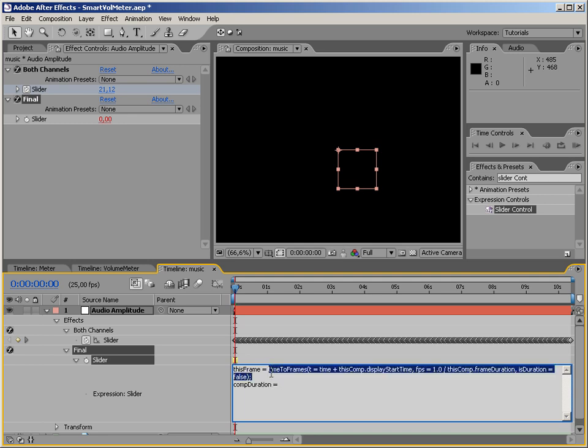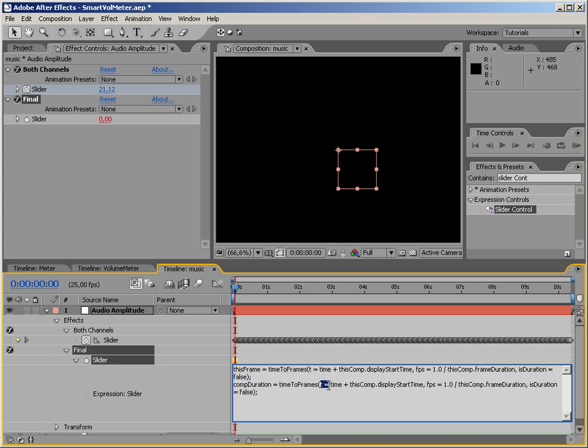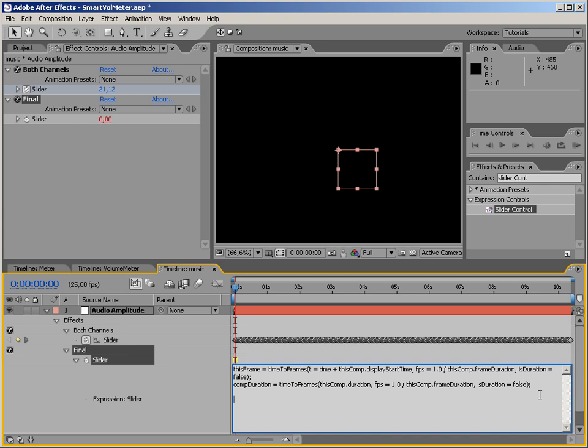We can basically use the same function, but here instead of time we are going to use this comp dot duration, and this is it, I think. Next step, we need to write a function that will look for the maximum value within these keyframes, and this